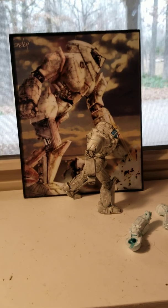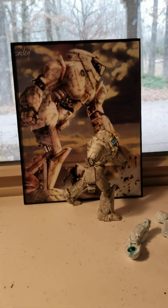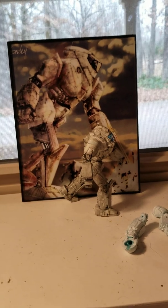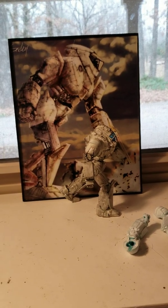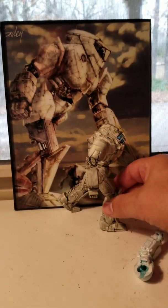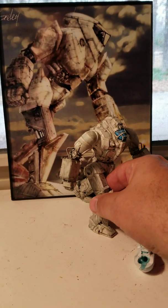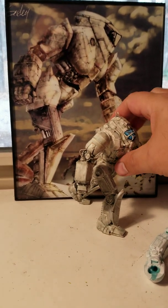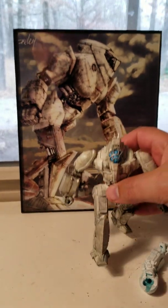This is my version 3. The first two, main difference is the cockpit. I wasn't really happy with it. I ended up taking a Griffin's cockpit and stretching it out and modifying it so that it was a little more of a canopy. I also had been following Bishop Steiner's version where I put the anti-missile system on the shoulder, and